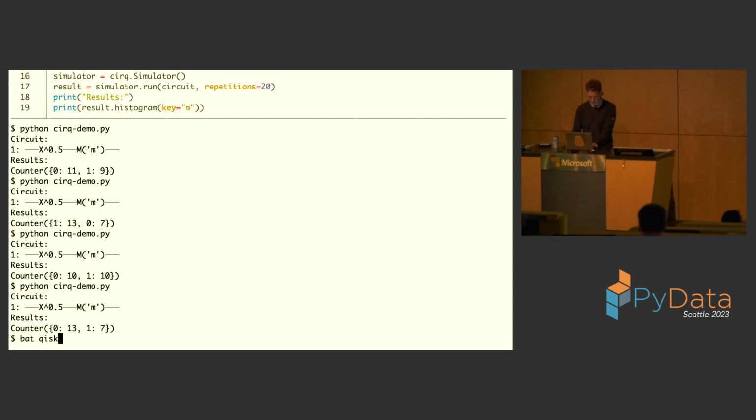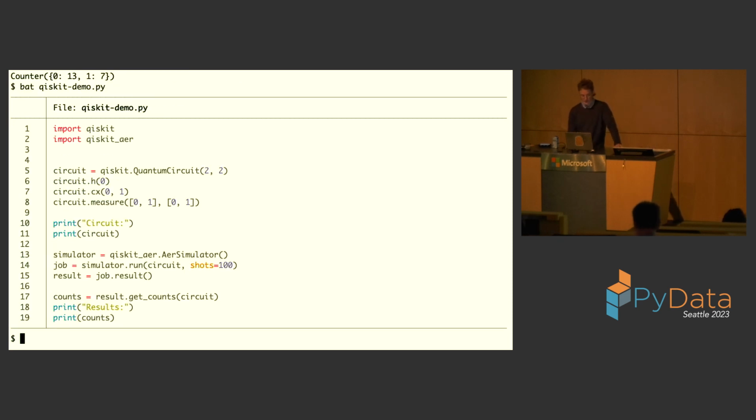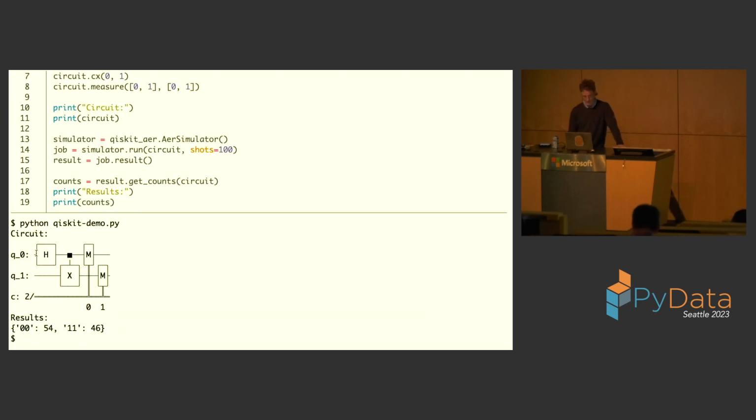And then I just want to show you what a relatively similar program, but with a different circuit, might look like in Qiskit, as another popular front end that people are using to write quantum programs. And this is the package developed by IBM. So here we're going to instantiate our quantum circuit. We're going to put some operations on the quantum circuit, and we're going to measure. And then again, we're going to simulate what happens. So we can do that. You can see we now have a circuit with 2 qubits,